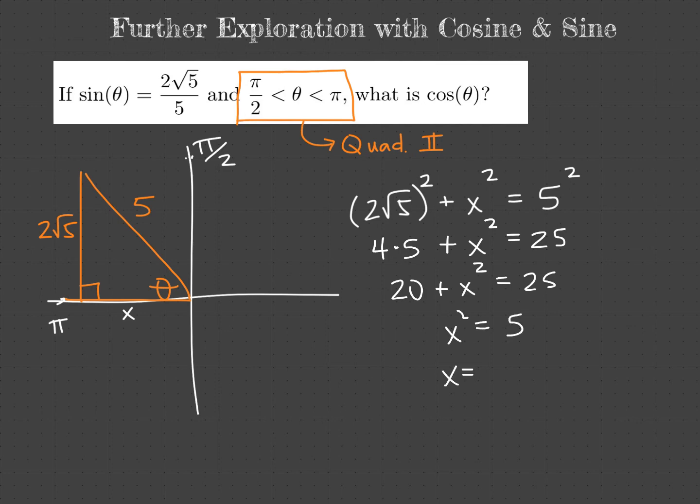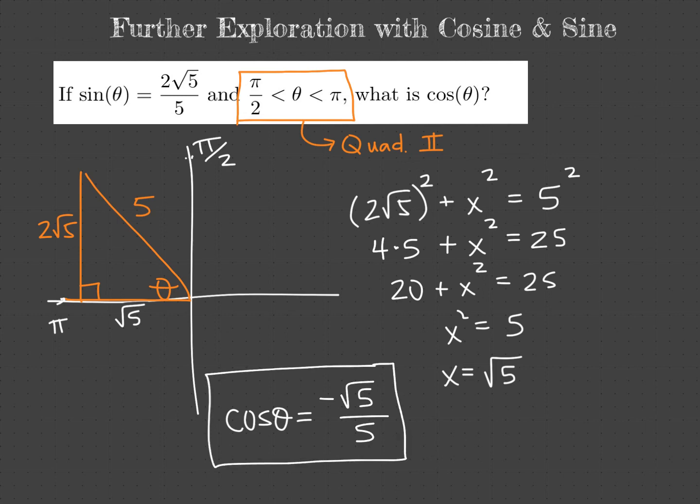And then when we take the square root of both sides, we'll technically get plus or minus root 5. Again, you can think about it either way. Because we are moving to the left and we're in quadrant 2, we do know that the x value is negative, and therefore the cosine will be negative over here. So I've replaced this with root 5. Again, I don't like putting the negative sign here because it is technically a length, but since we are moving to the left, we do know that in our final answer, the cosine of our angle theta is going to be adjacent over hypotenuse. So it's going to be negative root 5 over 5, again because we're in quadrant 2